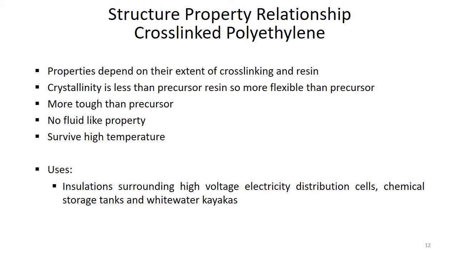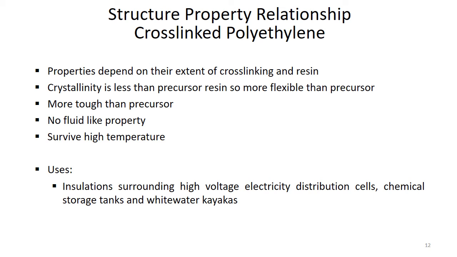The crystallinity level of cross-linked polymer is lowered because cross-linking impedes, or you can say decreases, the molecular reorganization during recrystallization. So as a general rule, cross-linked polyethylenes are somewhat more flexible than their precursor original resin polyethylenes, due to their lower degrees of crystallinity. Cross-linked polyethylenes are also tougher than their precursors because their chains are bonded together to form a network. These are tough kind of materials. But unlike other types of polyethylene, cross-linked polyethylenes don't flow when their crystallites melt.